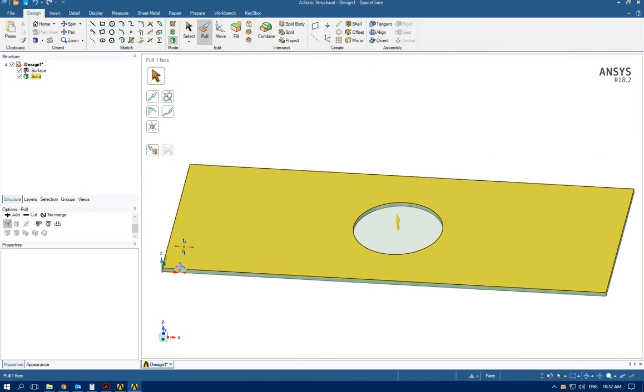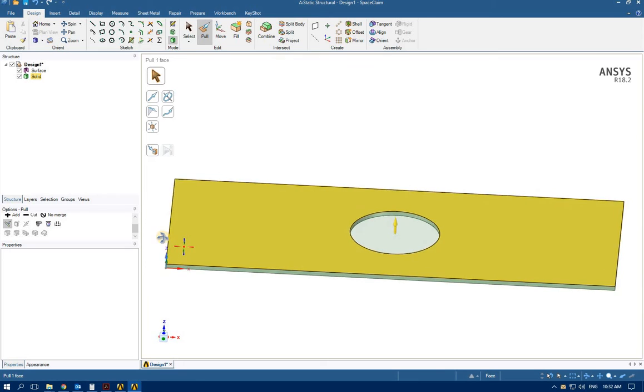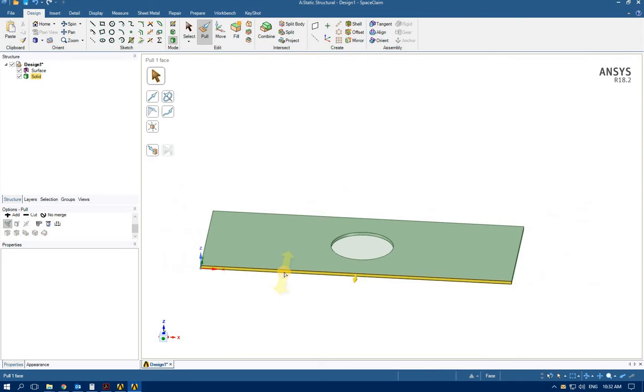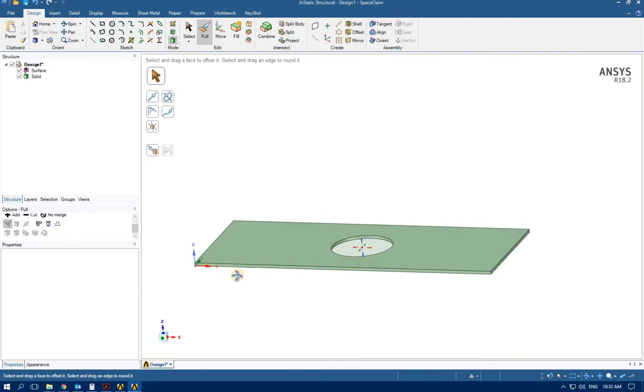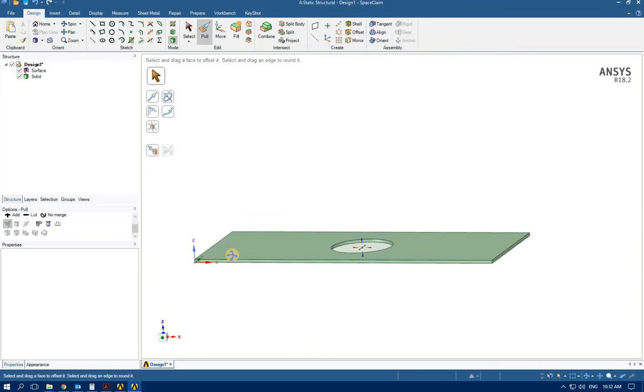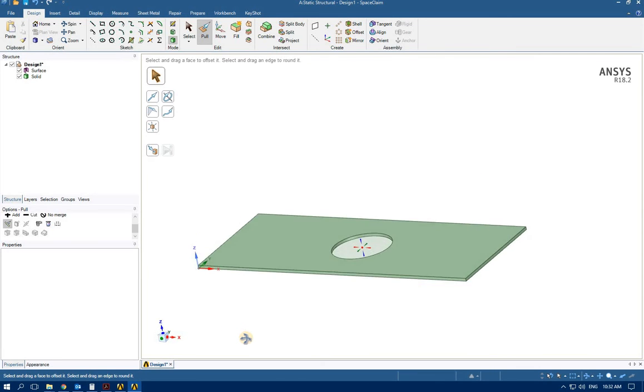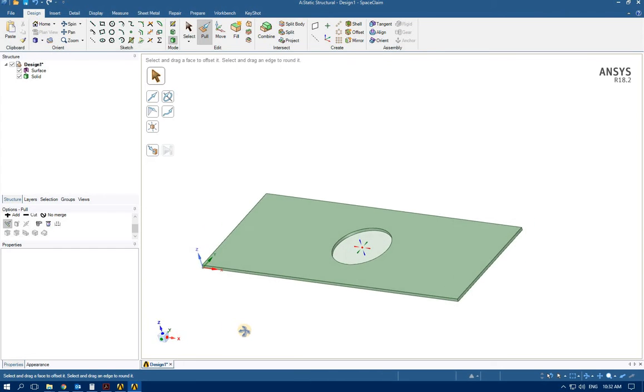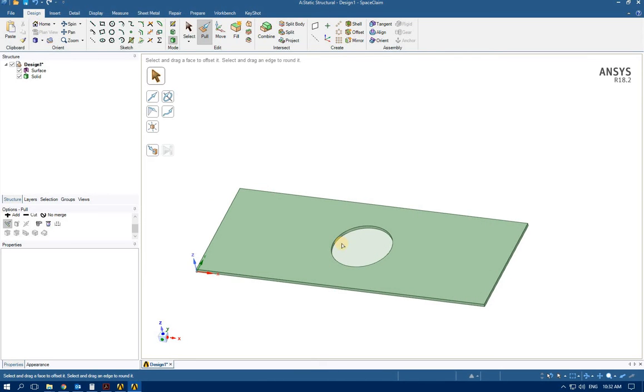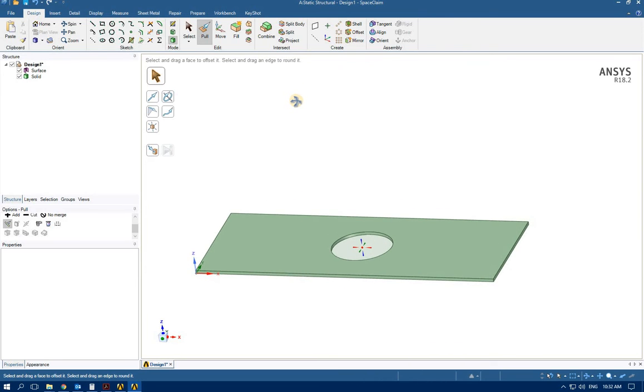But as you can see, this is a large geometry, and if you want to take advantage of the mesh size we can have for academic version, we need to use symmetry. Okay, let's see. I'm going to